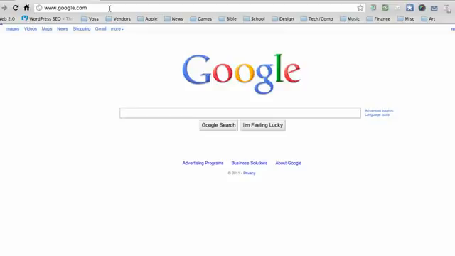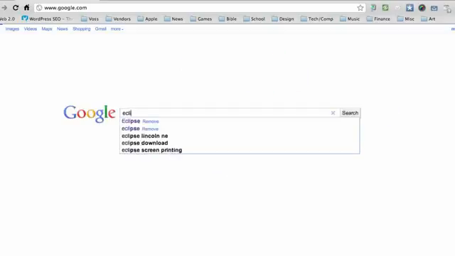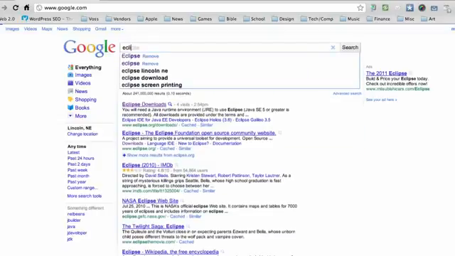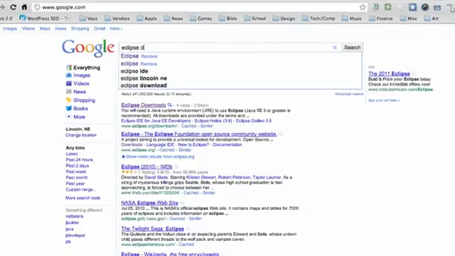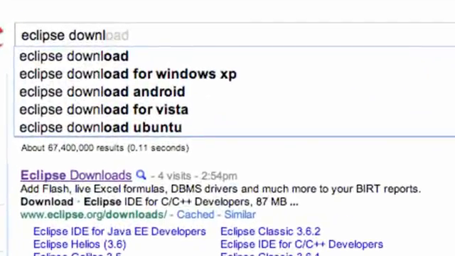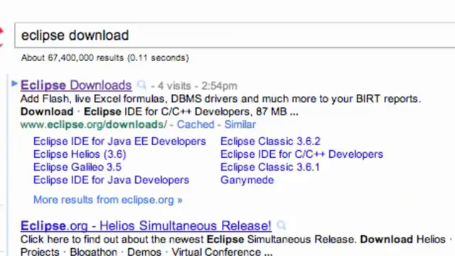What's up, guys? Welcome to your second Android tutorial, and what we're going to do in this tutorial is again some boring stuff like installing software. And the software we're going to install is Eclipse. So go into Google, type in Eclipse or download Eclipse. I'm going to say Eclipse download, and it should be the first link from